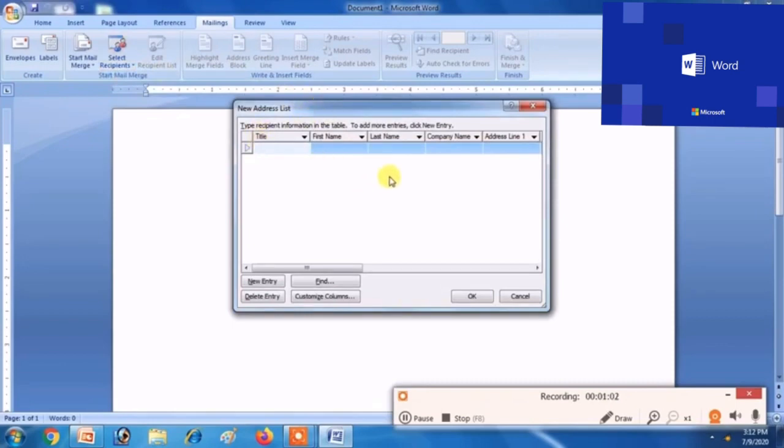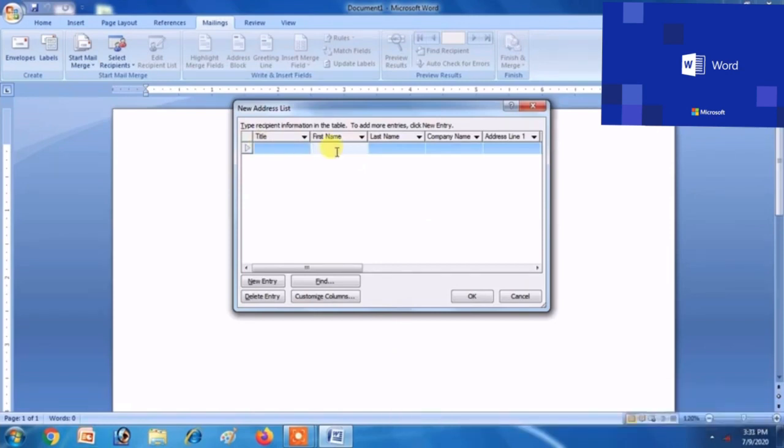Now type New List. You have to click, one new dialog box, namely New Address List, will pop up. Here you have to add new records. So here I am inserting randomly first name and addresses. For every new entry, you have to click on New Entry button at the bottom of the dialog box, and then in this way you can fill up and make your database.